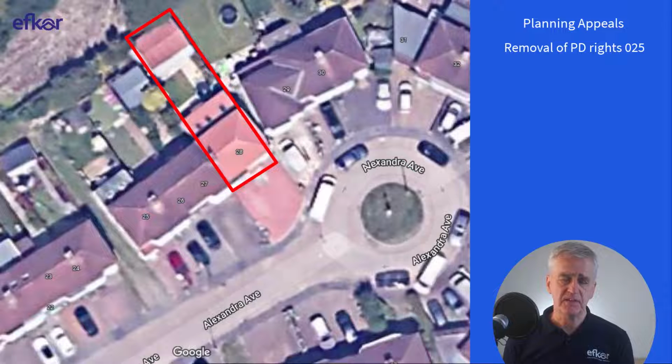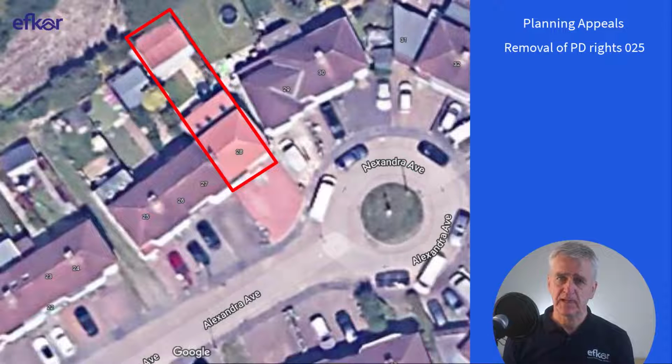You can see that it's difficult for the inspector to arrive at an alternative decision if the council does not justify the removal of the householder's rights. There's one comment by the inspector that has me a little perplexed. He refers to the removal of classes A and B as a blanket removal of freedoms to carry out small-scale